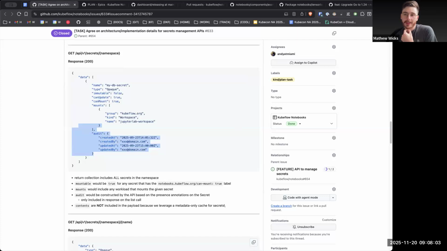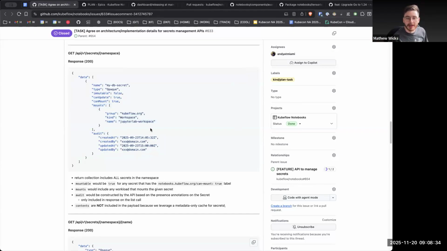My minimum definition is that every field in the API is used. That might be a little bit more complex. Right now I suspect you're not using type, immutable, can mount. And even if you're using it by just throwing it as a field in a table on the selector, all of the currently mounted workspaces should also show there, right? This is a lot of information that I just suspect won't work in a dropdown. My intuition might be wrong, or it might be that you have a dropdown and a different view.